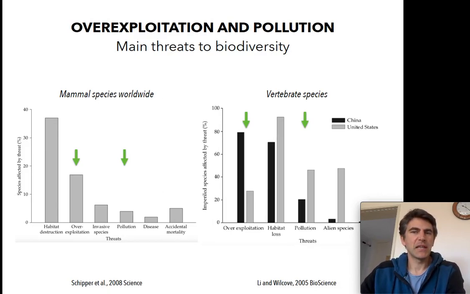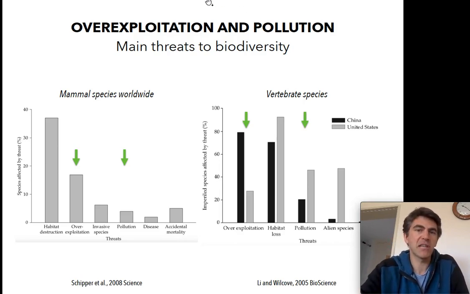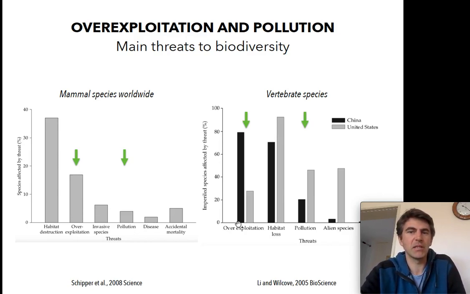So if we take a look at the different kinds of reasons why species are declining, we find that for certain kinds of species, it'll be different kinds of threats, and that will differ between different places. And for some species, overexploitation and pollution are in fact quite important, and especially in some settings. So mammals are amongst the species that are a bit sensitive to overexploitation, you can see worldwide here, and especially in some locations, so they can be quite sensitive to things like overexploitation.